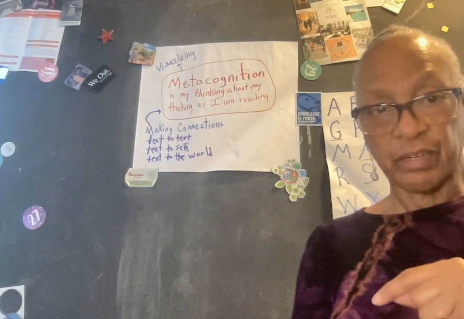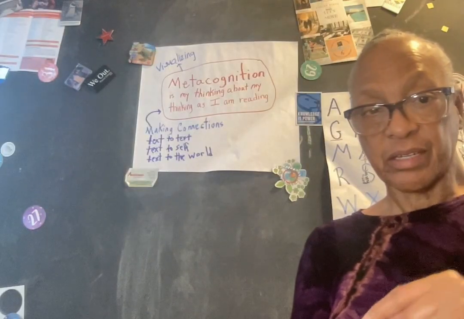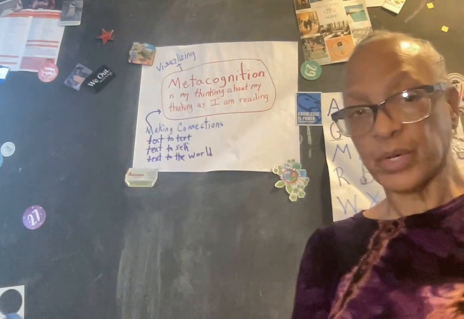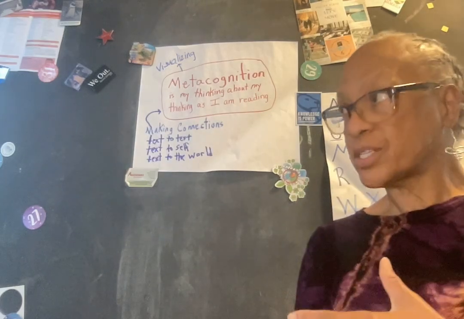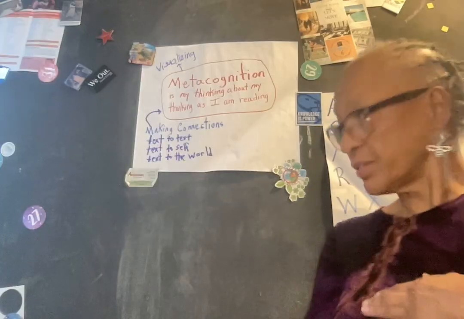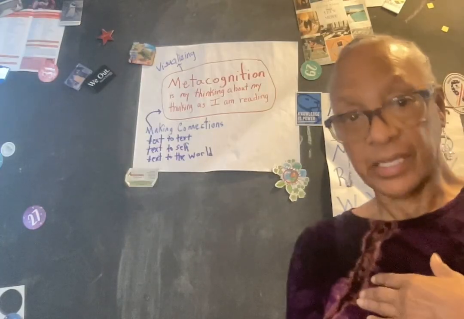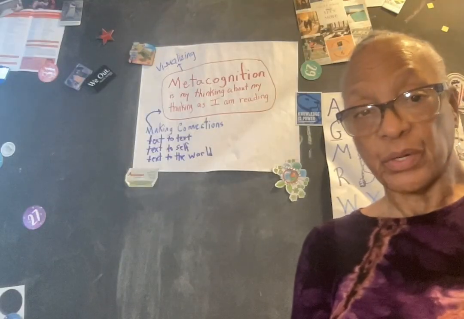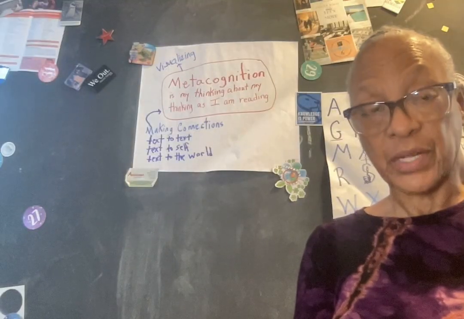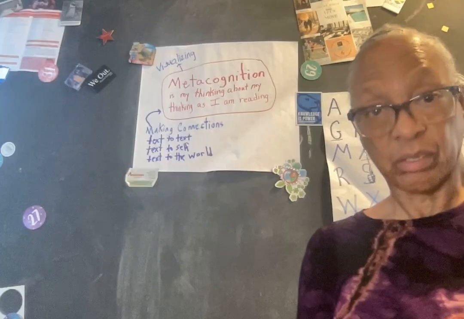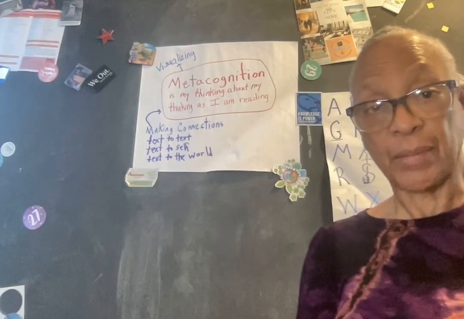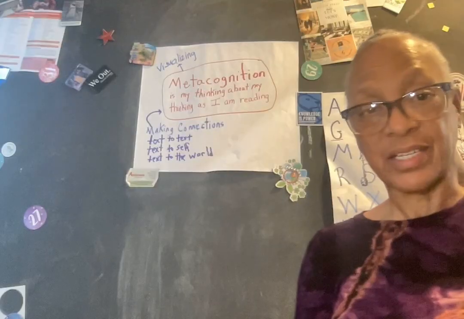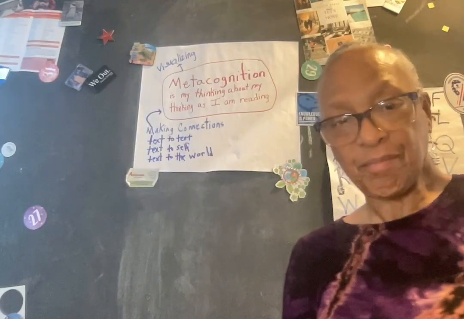We make a connection from text to text, which is another book we have read or someone read to us. We make connections from text to self, something that I can identify with from the book that's in my life, and also text to the world, something that is happening in the world, or we know about something that happened in the world. One of the books that I love to read with students is Charlotte's Web.